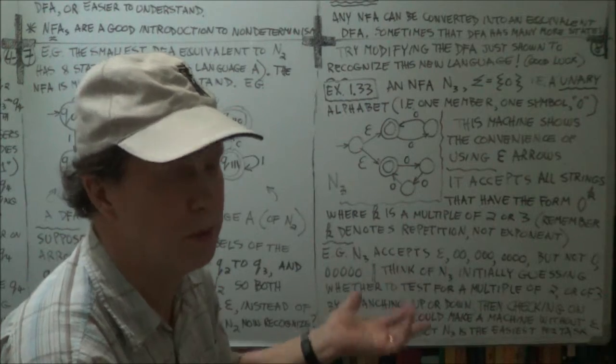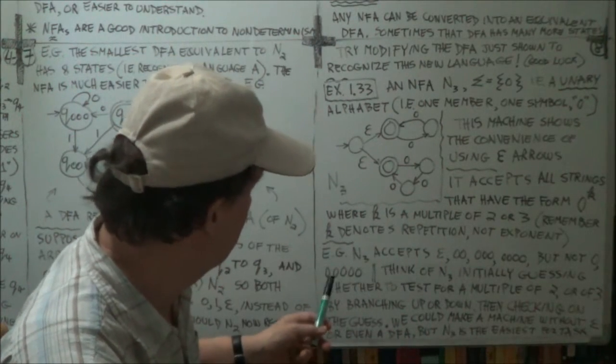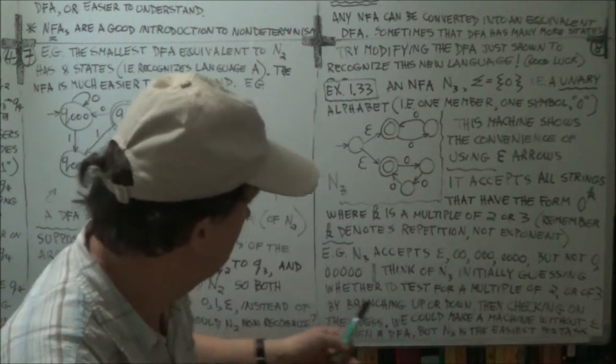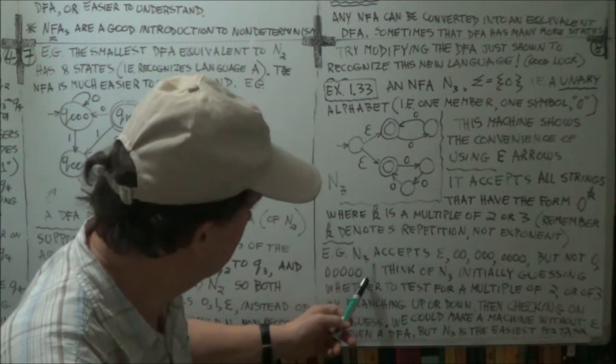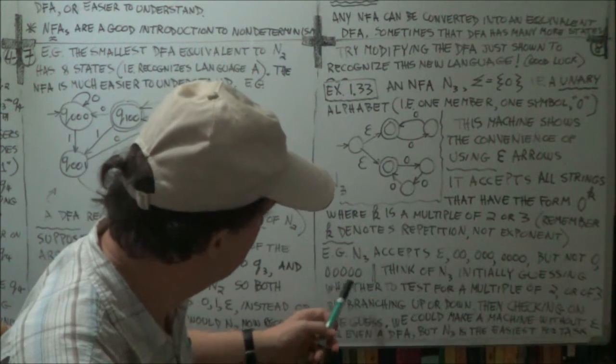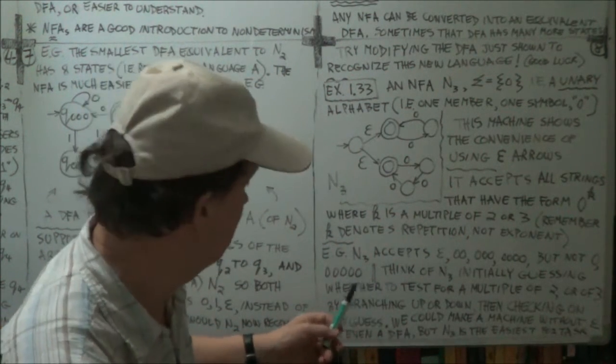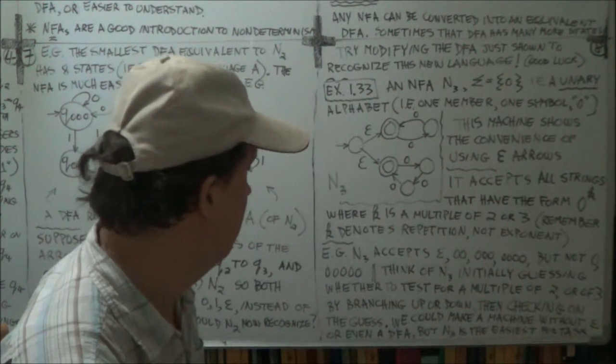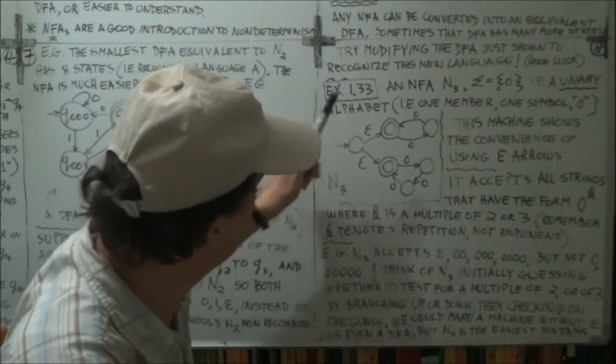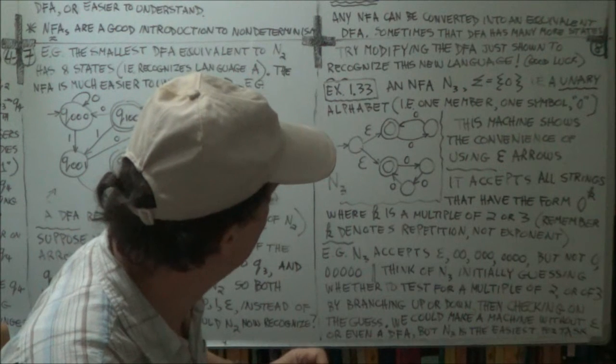It's not a multiple of 2 and it's not a multiple of 3. Now it would accept 3, but it won't accept 5, because 5 is not even and it's not a multiple of 3. Okay, so that would be rejected. Right? So you can think of this kind of machine as